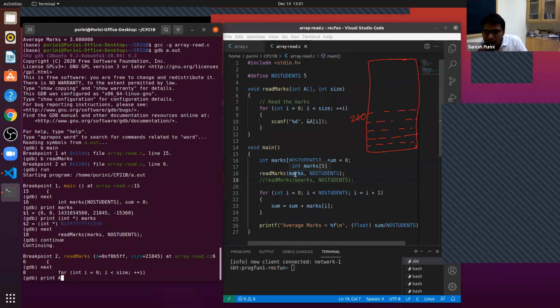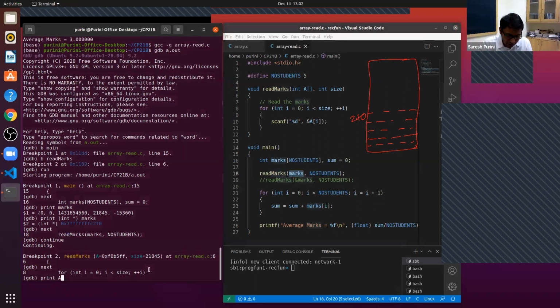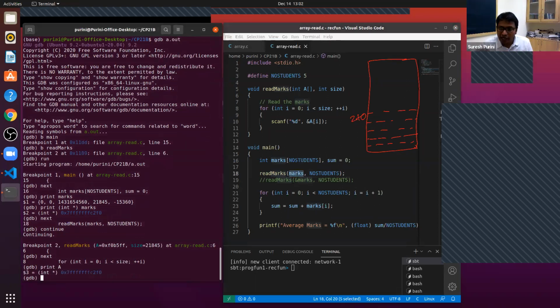Marks contains the base address of the array. So because of that, if you print A, you get the base address of the array.